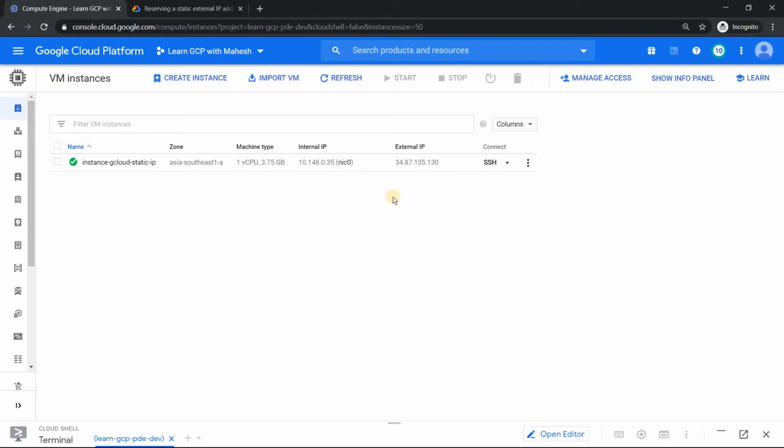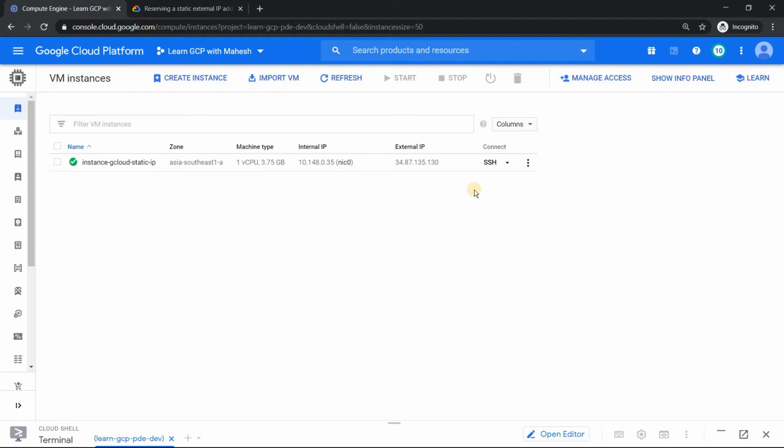So the virtual machine is created and this IP address which you see is ephemeral. What it means in very simple terms: if I stop this virtual machine and just leave it for a couple of minutes or 5 minutes and restart it again, I'm going to get a different IP address. That is the thing. So if the IP address keeps changing, updating your stuff in a DNS could be a challenge. So that's the reason people prefer to have a static IP address.